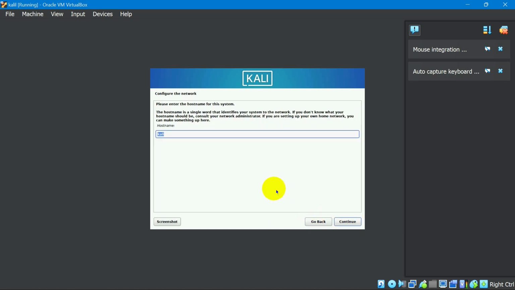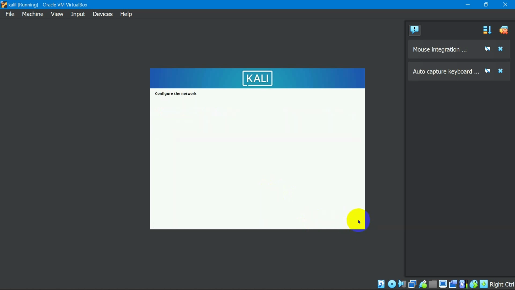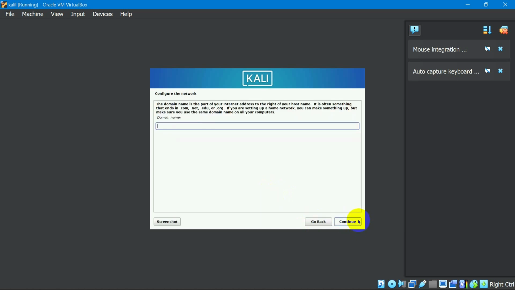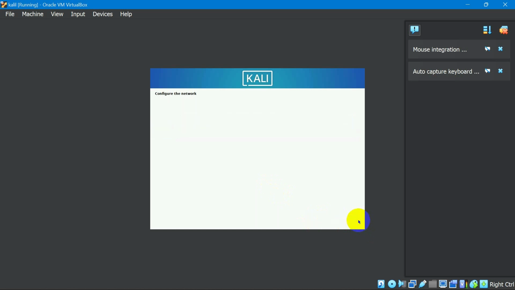So go back. So you give it a name. Yes, sorry. Give it a name, as I did before. You cannot leave this one blank. Very tricky. Leaving this one blank does not mean anything. Just leave it blank, because except if you have a website, you can put the website there. It does not mean anything. Just leave it blank.